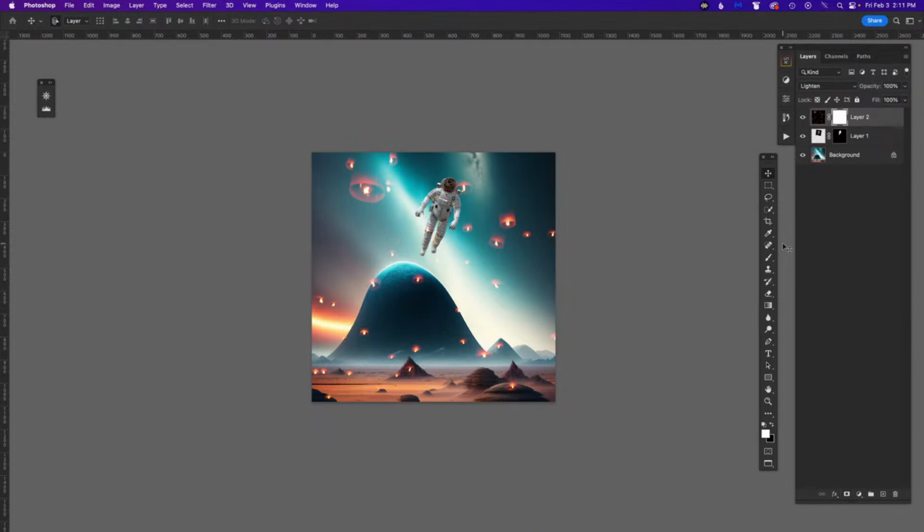And then I'm hitting the X key, switch black to foreground, choose my brush. I tend to like the flow to be lower, even though I'm going to pretty much knock these out. Certain ones I don't like interfering. So I'm just going to get rid of the one above his head. And there's like one right on his leg. I don't know if I need this one. I don't know if I need both of